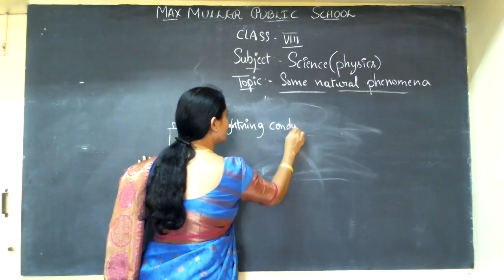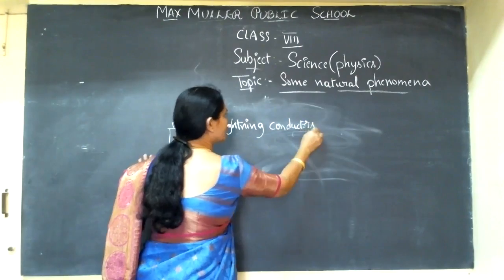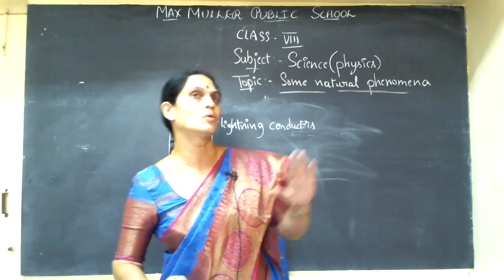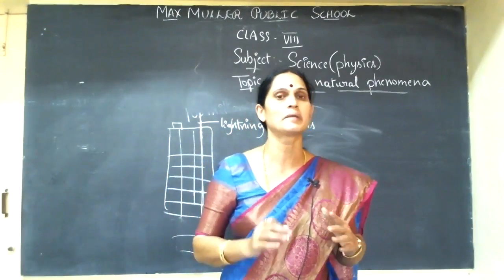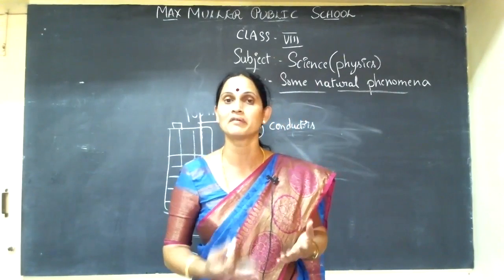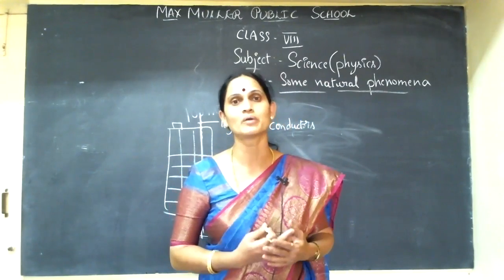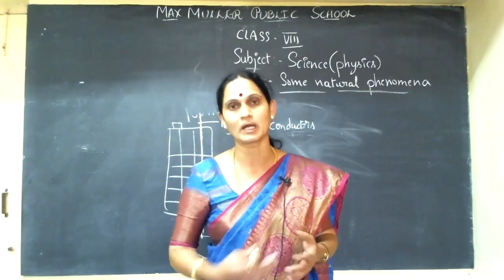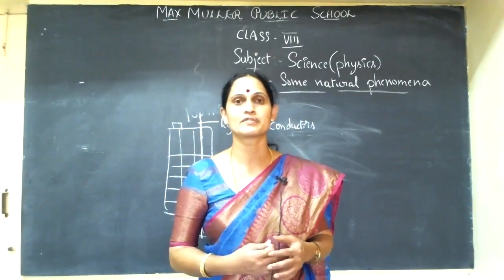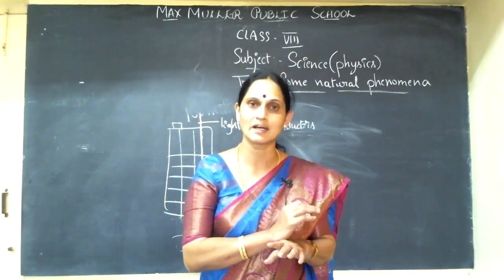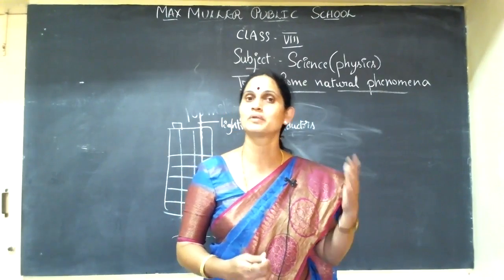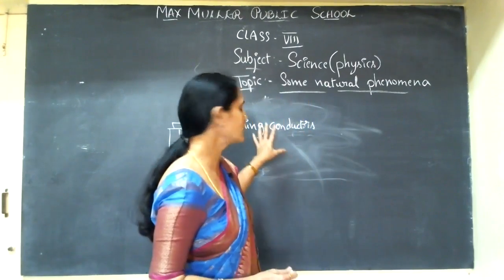These are the safety measures, because of course we cannot go and stop the lightning. Human beings, as I said in the last class, don't have that power. It is only God who has the power to conduct all these phenomena. Human beings don't have the power at all to stop natural phenomena. So this is a lightning conductor.